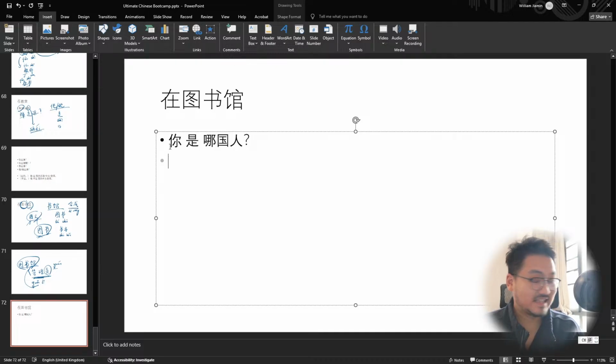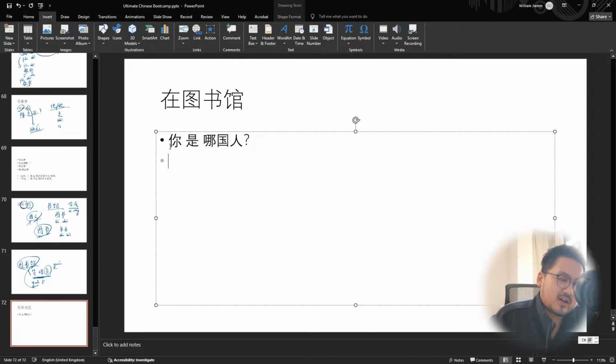Right, so 你是哪国人? But oh my gosh, I think the HSK book is teaching a very textbook version of Chinese, right? So most of the time, like 99% of the time, no Chinese people will say this. Okay, 你是哪国人? But rather, something like